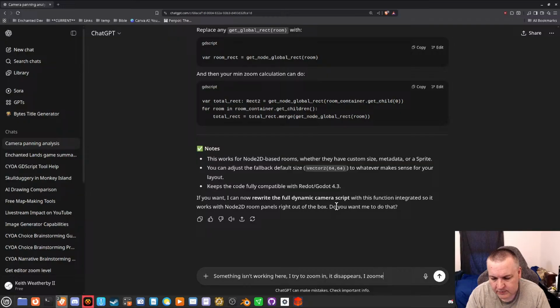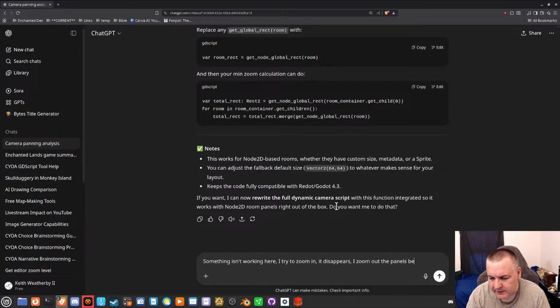I zoom out, the panels become super large, and then I can zoom just a little more before it stops.